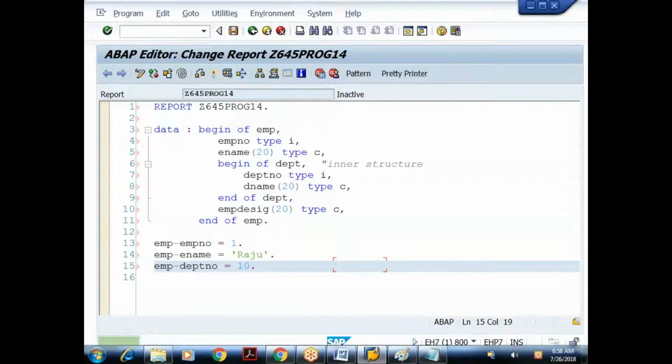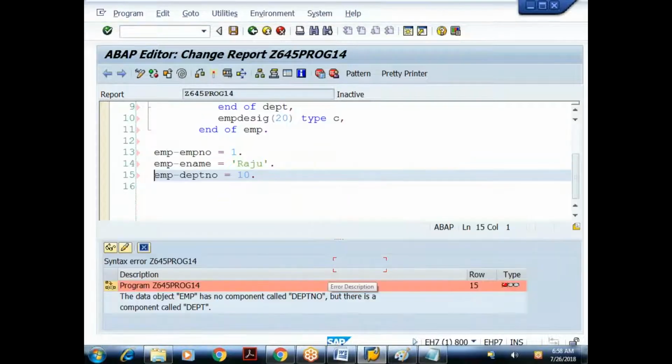When I do syntax check, yeah, I got an error here. I got a syntax error. What is the error here? The data object EMP has no component called department number. Whatever we declare inside the structure are nothing but fields. Fields are nothing but components. So it is saying that the data object EMP has no component called department number, but there is a component called